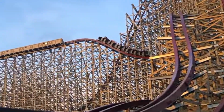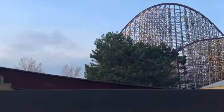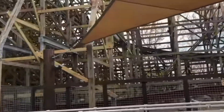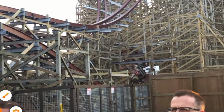At this point, you may be a little disappointed in the ride, but luckily for you, you're just getting started, as after this you fly through a 0G roll, then a half stall that leads into a double up, giving amazing ejector airtime in every row of the train, that leads into the mid-course brake run that slows you down slightly before dropping into a double up, again giving amazing ejector airtime, then into a banked airtime hill leading into